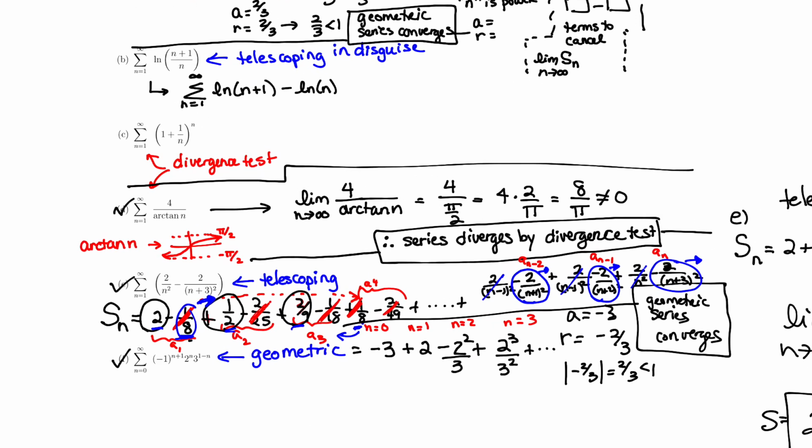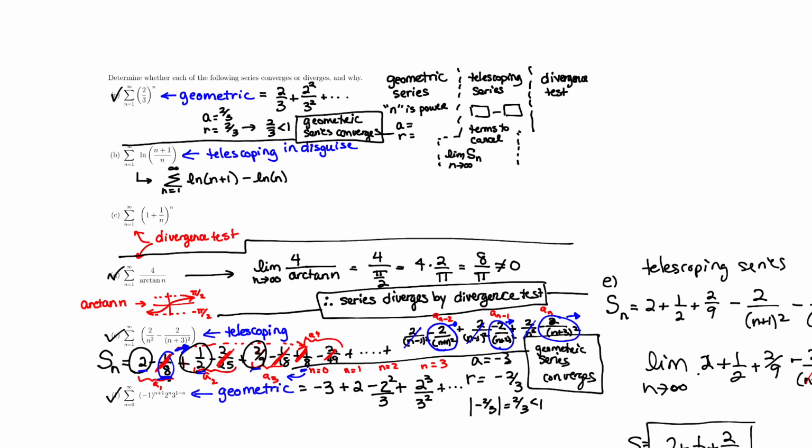F converged and was geometric. E converged and was telescoping. D diverged. A converged, it was geometric. B was the telescoping in disguise, and so if we list out the terms on that guy, you'd get the